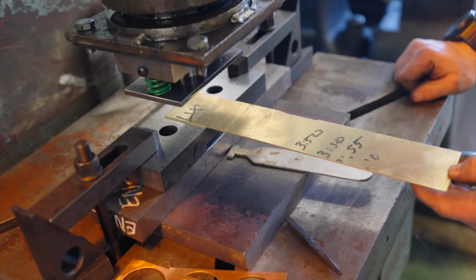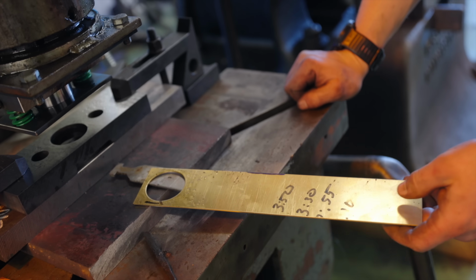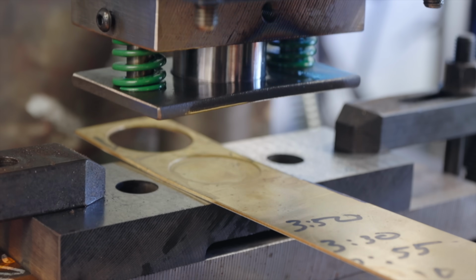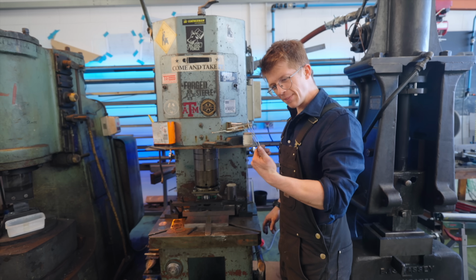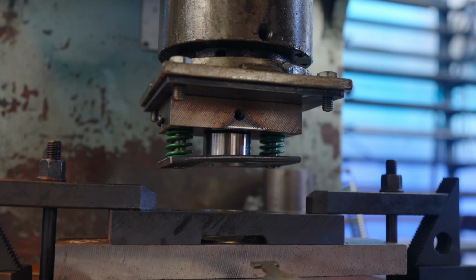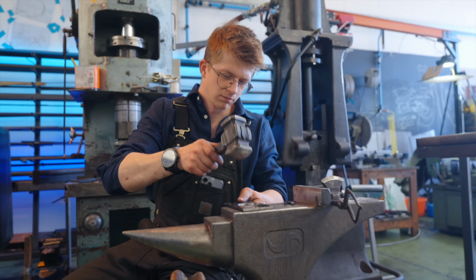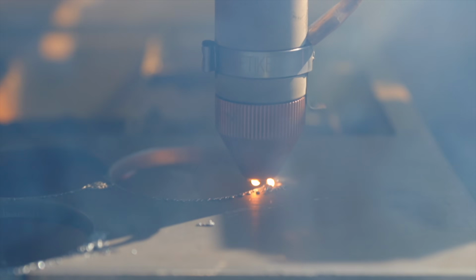1.5 millimeter brass. Oh. Okay, we found our limits. Did not like that, did it? See? This press just has no guts. It barely popped a hole through that tiny little bit of brass. Bent our stripper plate. No bueno. Straightened out the stripping plate, and now I want to see how it works on real drop forged steel coins